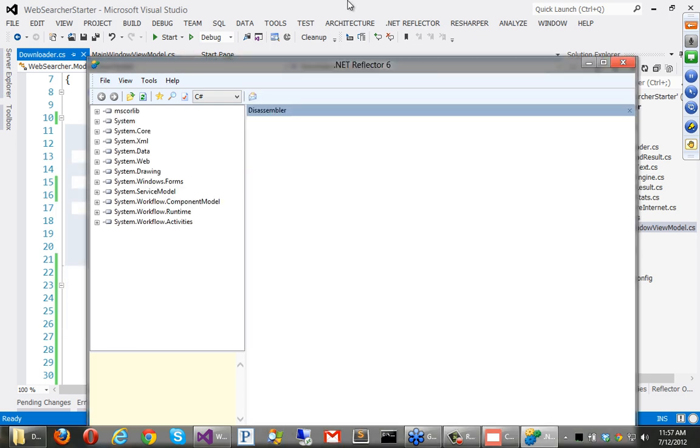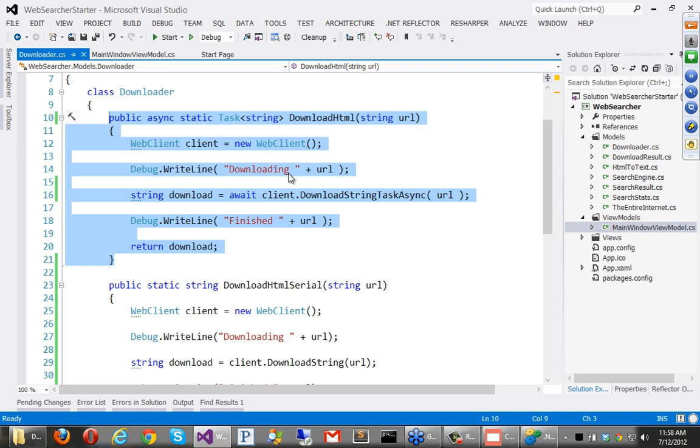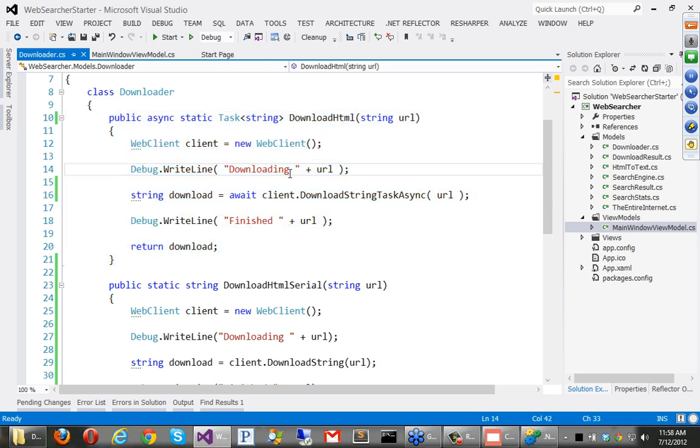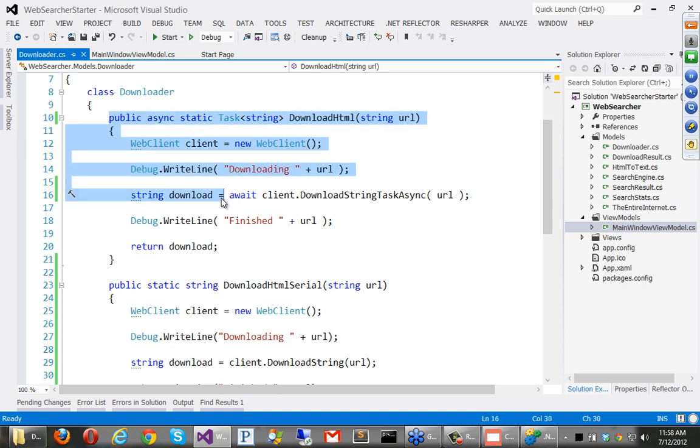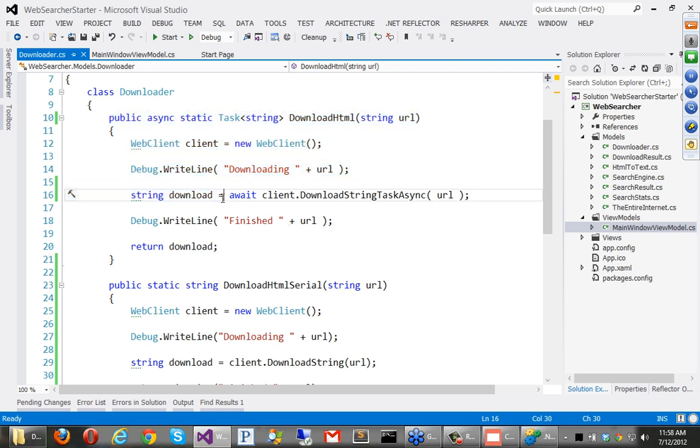Okay, well, what you would see is basically it creates a state machine. And it looks absolutely nothing like what you see written here. There's a whole bunch of classes that are created, and this code has a bunch of gotos, believe it or not. It looks really quite unusual. But basically, if you work out what it's doing, it says run this code down to here until you see the first await on the main thread, the calling thread.